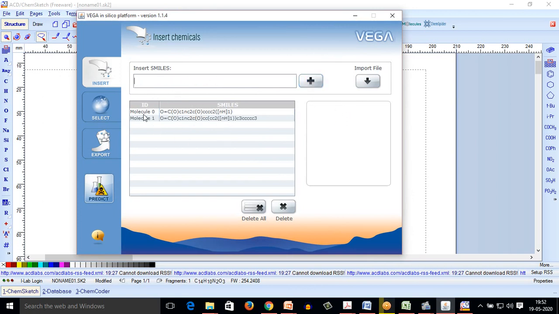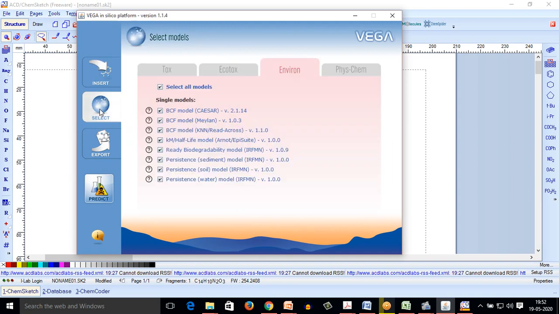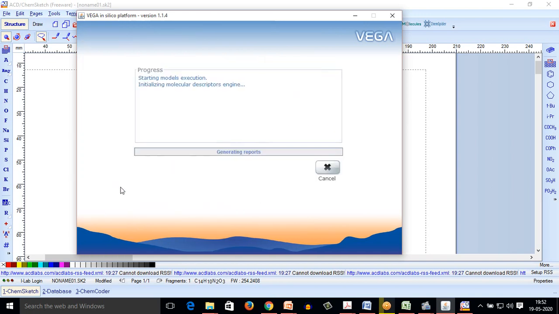You can see that the initial molecule was molecule 0, and now the sequencing has started. Similar processes can be done, and I can just process, so all the models are running for both the molecules. Simultaneously you can do it for 10 molecules at a time, so that the calculation and execution are faster.